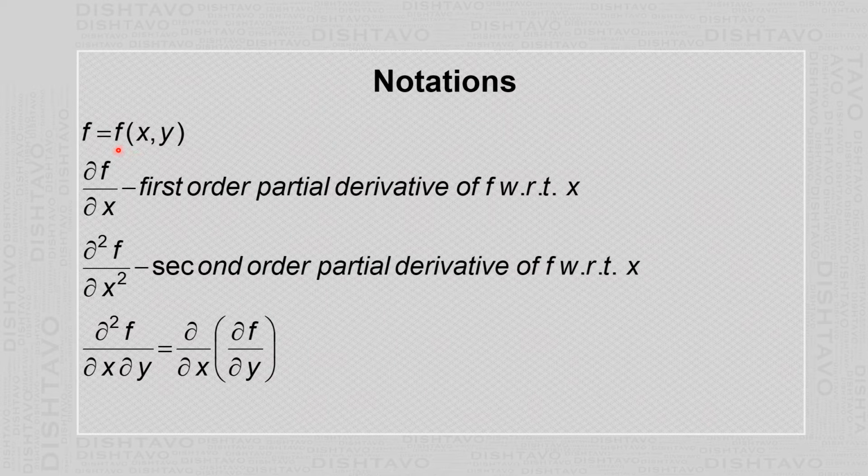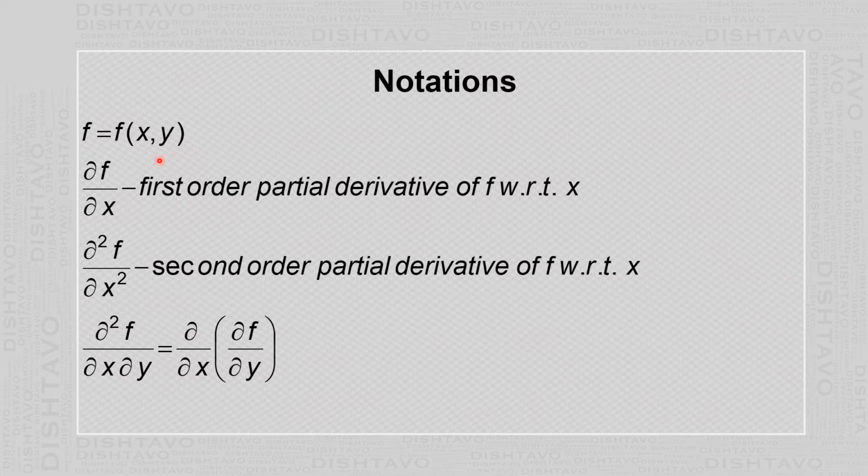Now given a function, let us say f(x, y). This function depends upon the independent variables x and y. In the beginning, we define the given function f equal to f(x, y), and afterwards we simply write f. So it is to be understood that when we write f, it is a function of x, y as defined earlier.